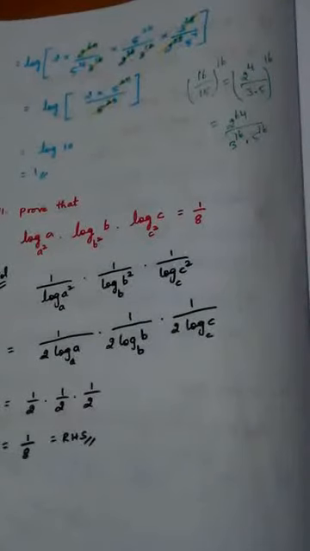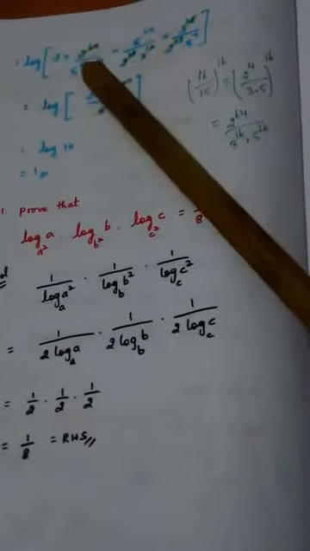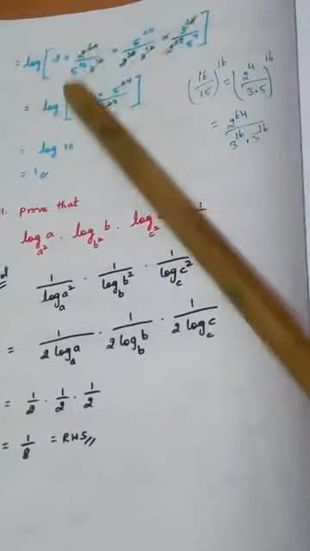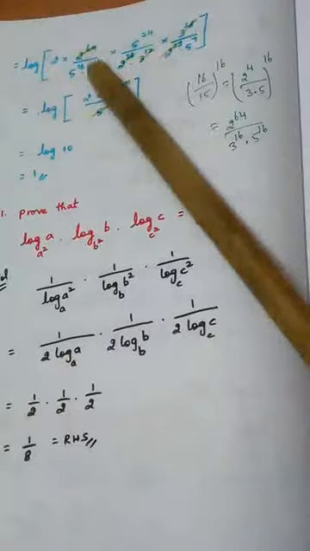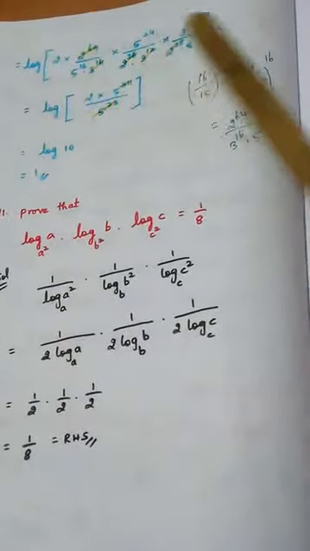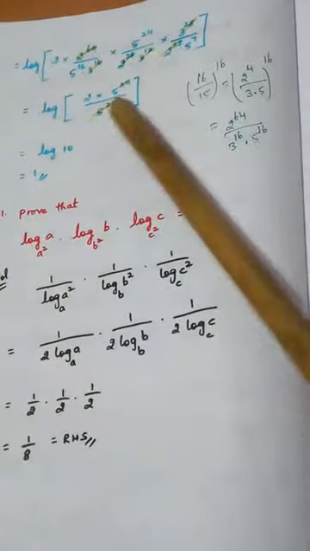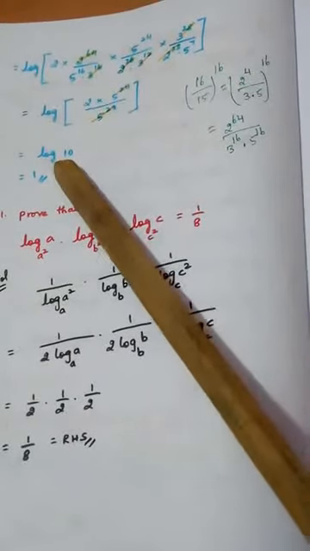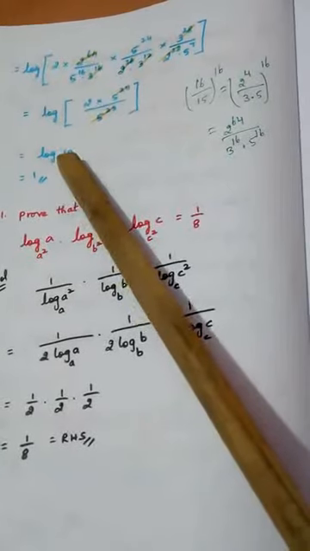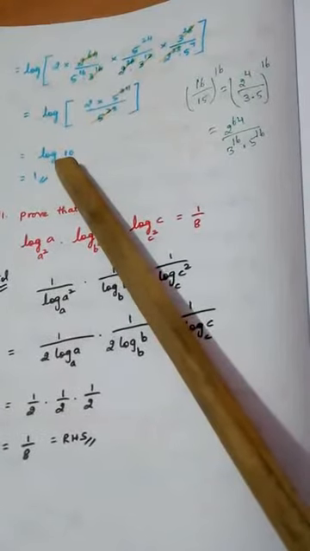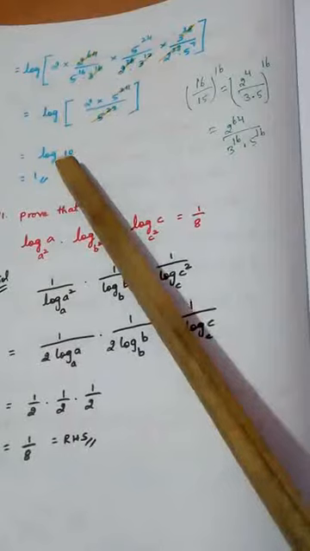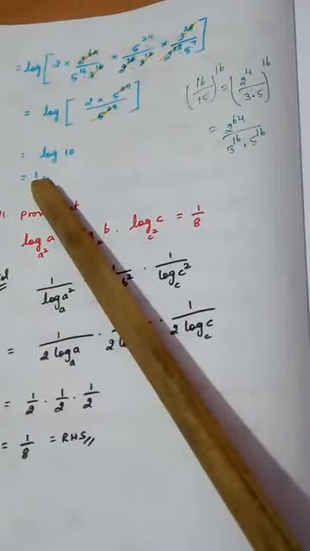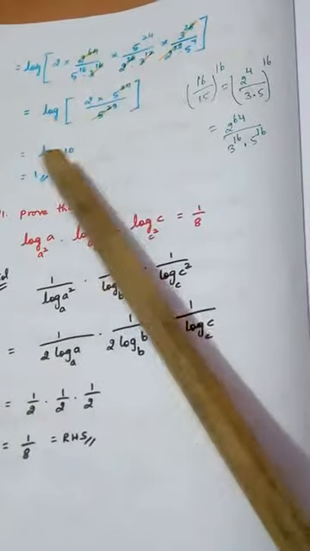So that is how we have written here. If you see, 2 power 64, 3 power 16, 5 power 16. In the same way we are doing the other terms also, and after cancelling you will be getting log 10. If the base is not given, we can take it as 10. So log 10 base 10 has the answer 1, because log a base a is 1. So log 10 base 10 is 1.